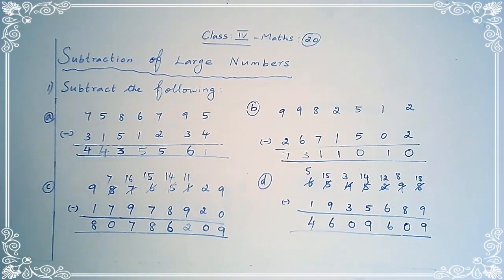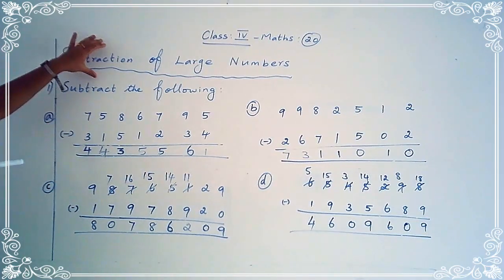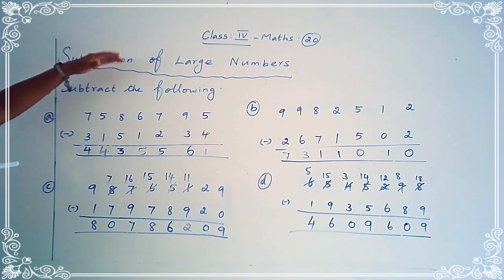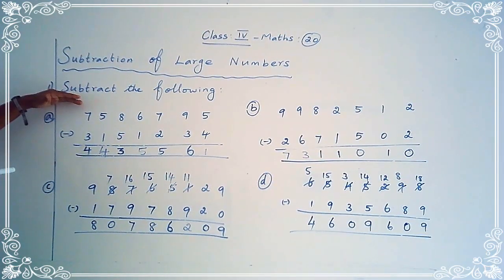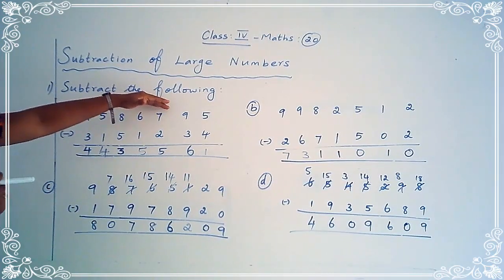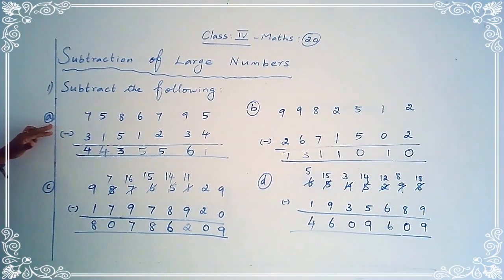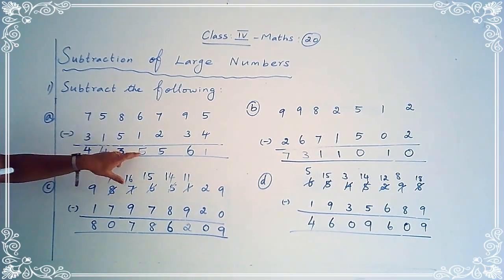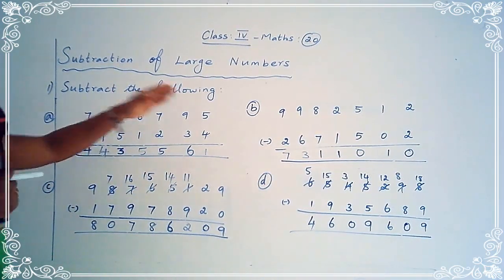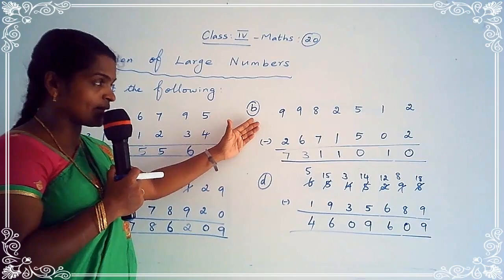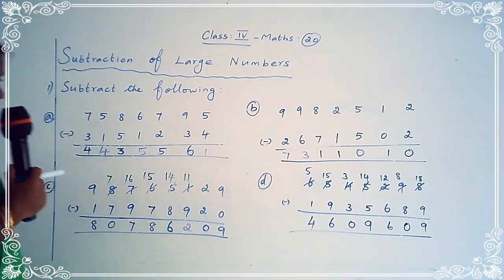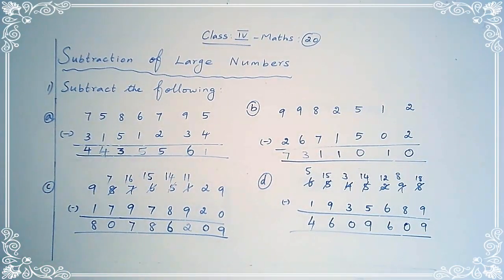Okay children, do you understand? What should you do first? Take your classwork note, write the heading, subtraction of large numbers, then after leave one finger space, you write the question. Subtract the following. Then after you write the first A part question. You write the question and answer. Then after you leave one finger space, then you write B. Then after C, then after that you write D. Write clearly.